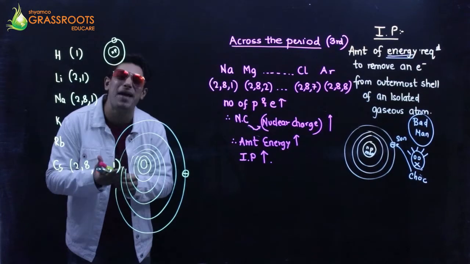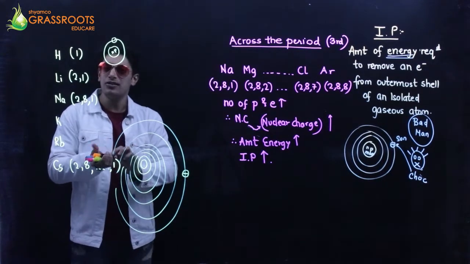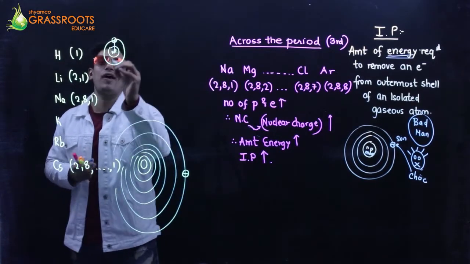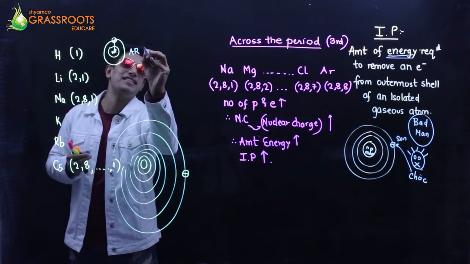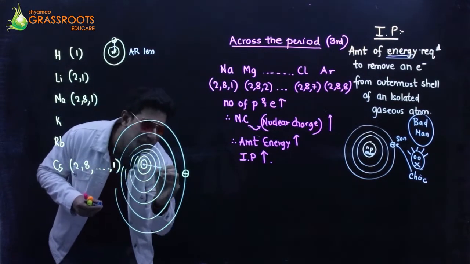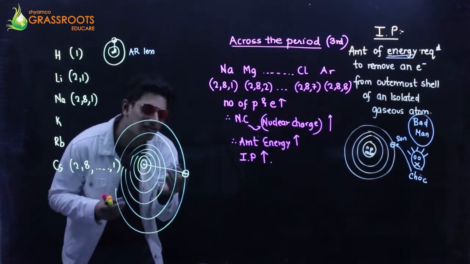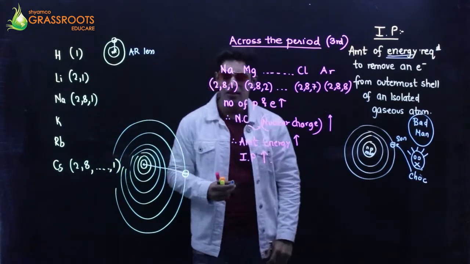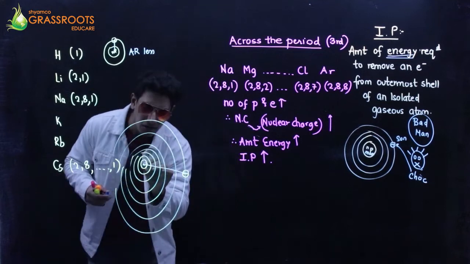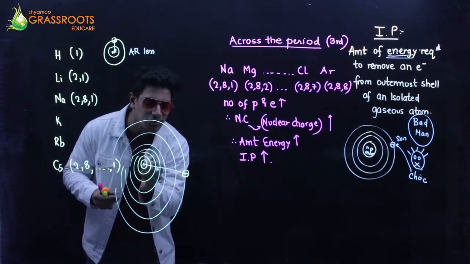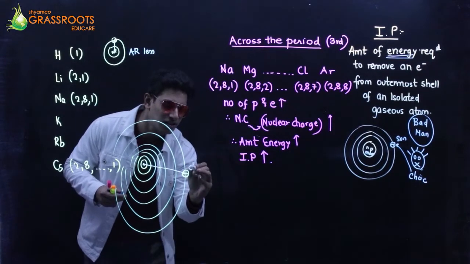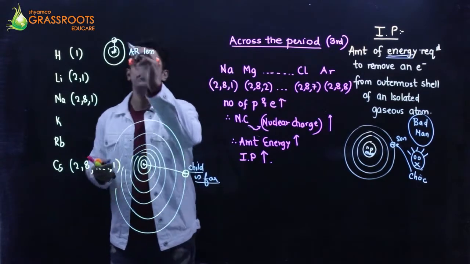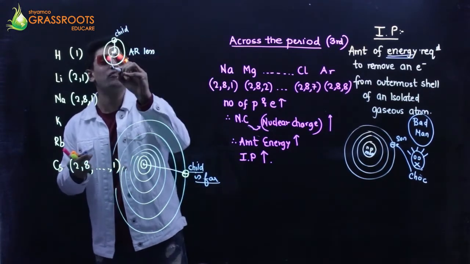If you check the comparison between both of them, answer my simple question. Isn't the atomic radius very small in case of hydrogen? So the atomic radius is less. Out here, the distance between the mother and the son is so huge, so far. There is no force of attraction. There is no strong bonding. The mother is not able to control this child because it is so far from the child. It's not getting the love of the mother. This child is under the influence of the mother's love.